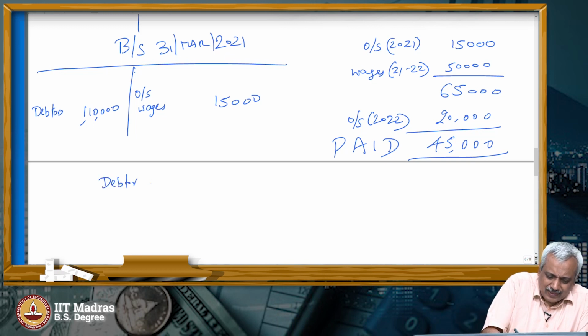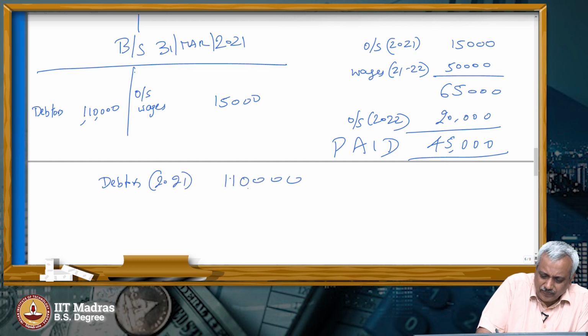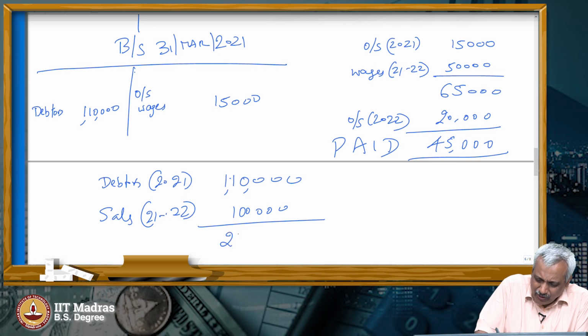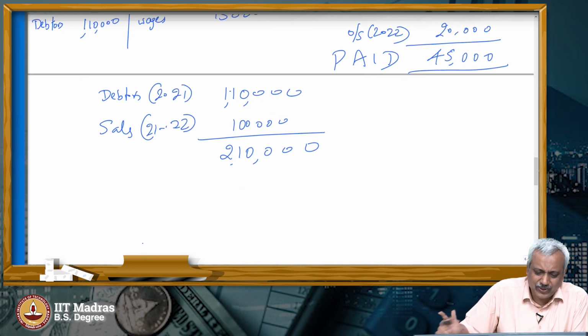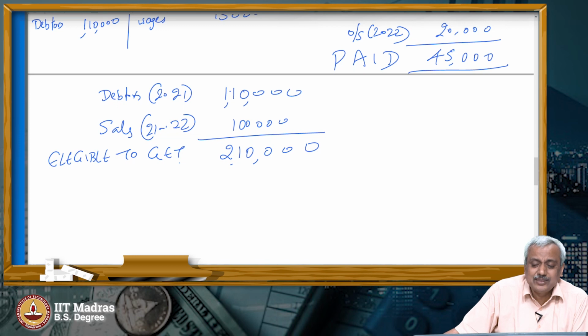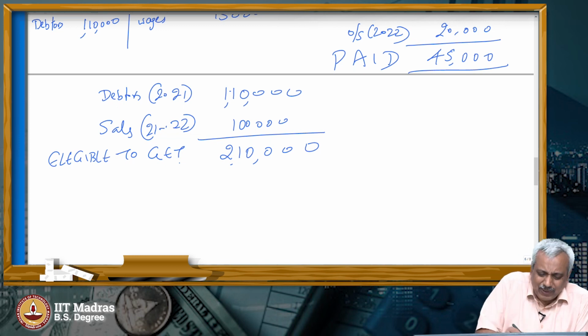Debtors in 2021 is how much? 1,10,000. What is the sales for the year 21-22? 1 lakh. That means totally how much are you eligible to receive? 2,10,000 I am eligible to receive. I will just use a simple word: I am eligible to get 2,10,000. But still there is